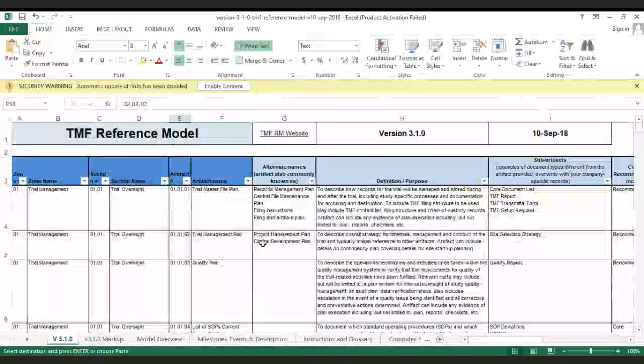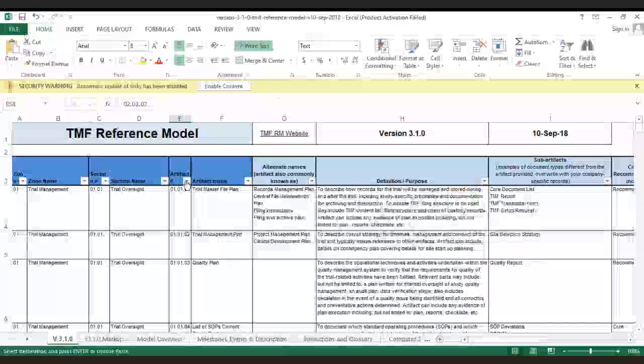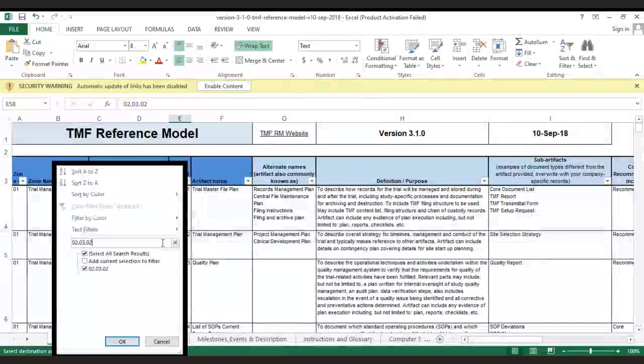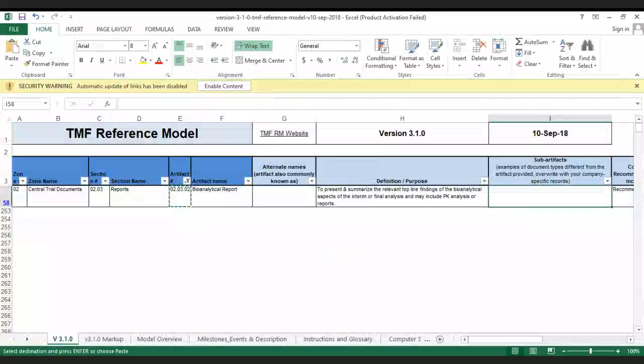Whatever you are seeing here will be replicated in the system database. So the person will take the number 243, copy and paste it here, and then enter, and they will understand, okay, this is the bioanalytical report. They will download the document from the system and produce it. Understanding? So how important it is to understand the classification, identification, and storing, and then